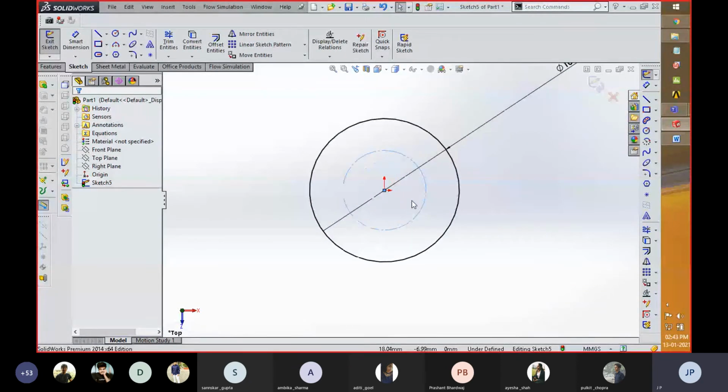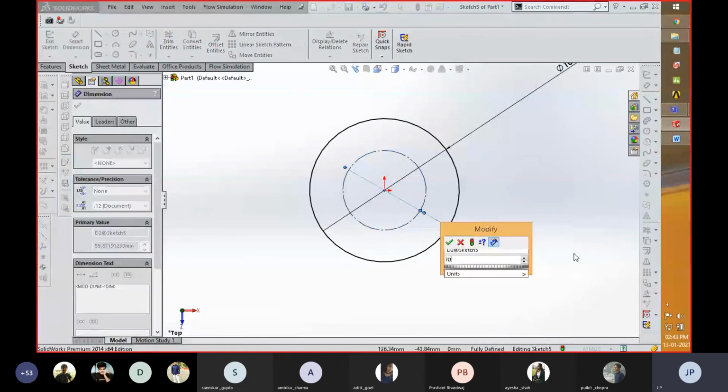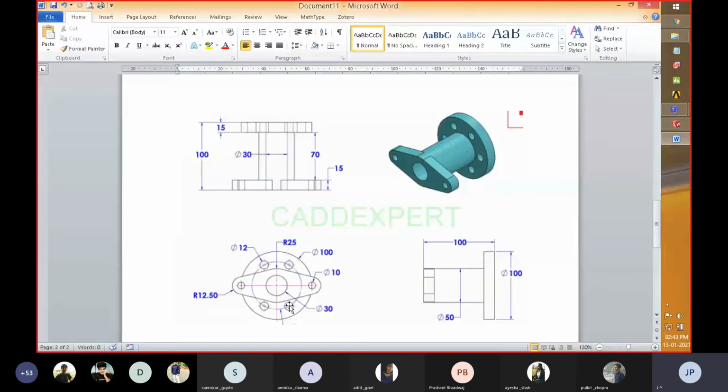The basic use of these construction type circles is that they are not a part of that sketch. So I'm going to fill a value of 70 millimeter with respect to this, because there are multiple circles which are created around that component. This you can see over here. There are circles created over here. These circles are around 12 millimeter in diameter, and maybe 6 circles are created.